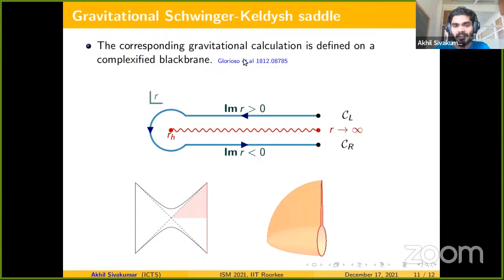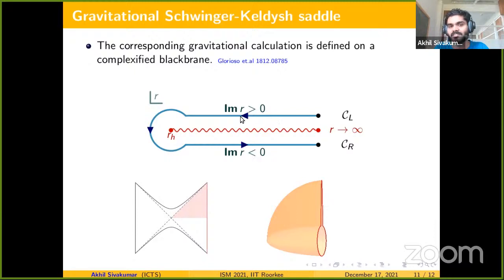has been missing. There have been attempts at deriving such an object before, and this is a workable prescription for doing these calculations, where they think of this black hole as a complexification of a usual Schwarzschild black hole, where you consider the black hole in the ingoing Eddington-Finkelstein time, which is crucial. And then you consider a single time slice of the black brane in ingoing Finkelstein time, and then you say the fixed time radial coordinate has this analyticity.